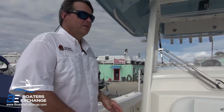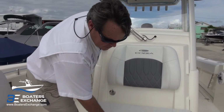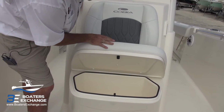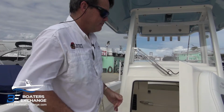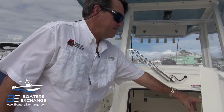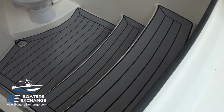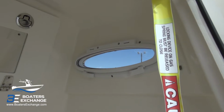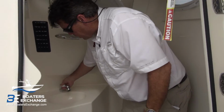So neat console design. One of my favorite parts is the head and the way that works. By the way, before I open it, we have a cooler built in, very generous. It's big enough, deep enough, holds ice. And then the access to the head is very, very generous. We've got this heavy-duty gas piston, nice wide stairs, almost like a cathedral staircase, if you will, and plenty of room. I've got headroom. I have 2 port lights, one on each side for ventilation, integrated sink with a shower,